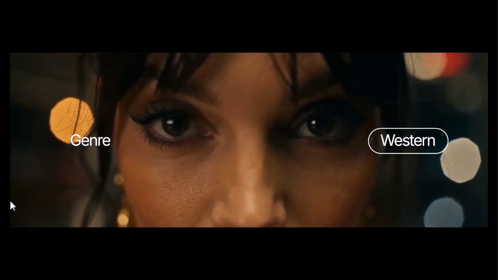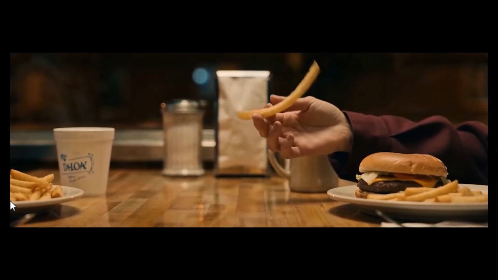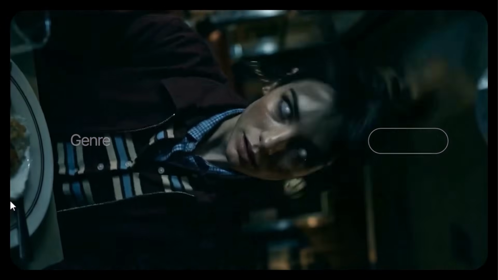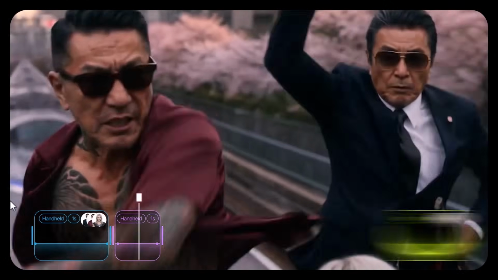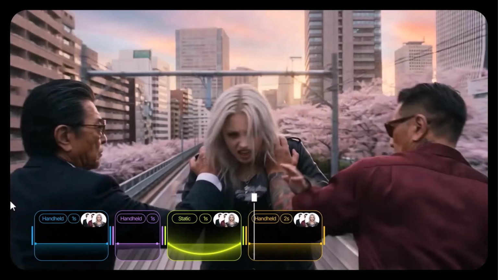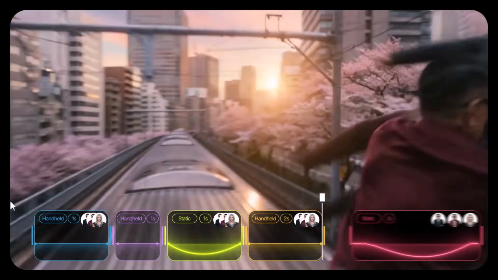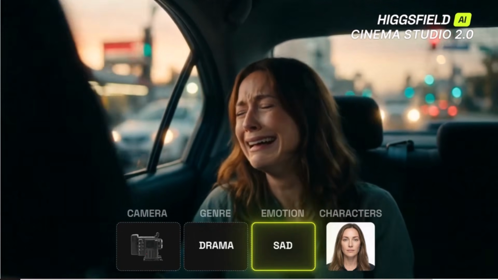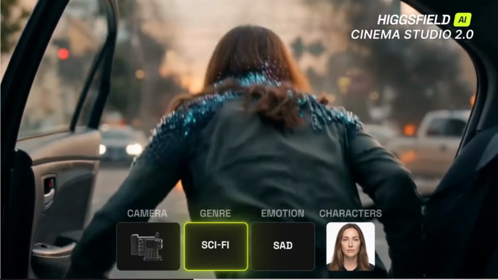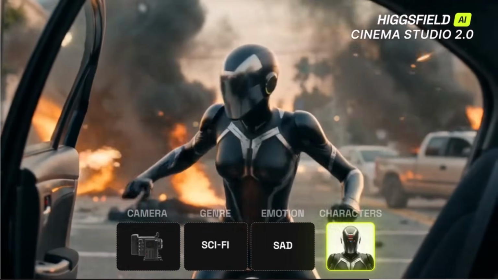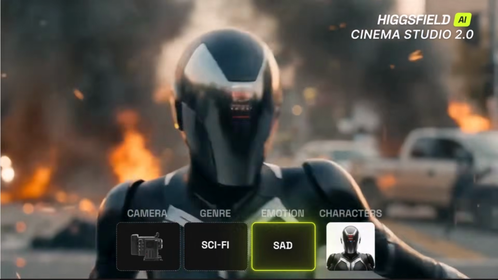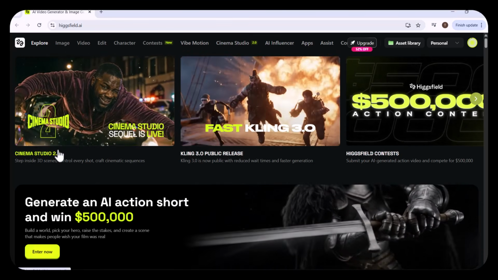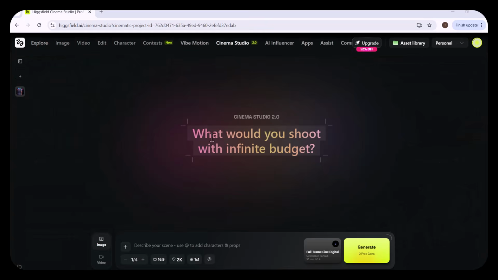Navigate through your images as 3D environments. Genre presets define the cinematic feel of your shot. Speed ramping gives you precise timing control as you generate. The gap between AI clips and AI filmmaking just closed, packed with stunning visuals, mind-blowing effects, and creative possibilities that will redefine the way you bring ideas to life. Get ready because Higgsfield is about to take you on a cinematic journey like never before. Now let's jump in and explore the full power of Higgsfield Cinema Studio 2.0.